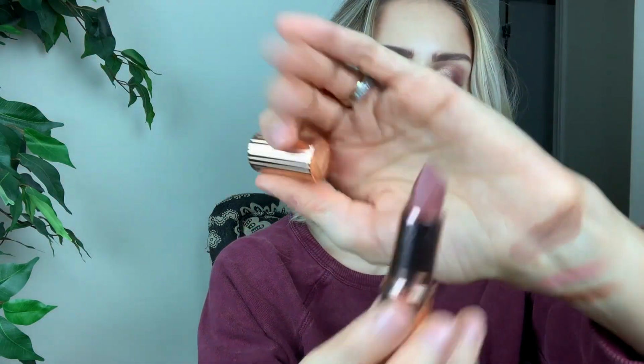Next is the Pillow Talk matte lipstick. I think this is called the Matte Revolution. I have no idea what this is called, but this is Pillow Talk. And I have been waiting forever to get this. The last time I was at Nordstrom, it was sold out, and oh my gosh, it's so beautiful. I'm obsessed with this. This in pan looks almost identical to Uncuffed by Fenty Beauty, the Stunna lip paints, but